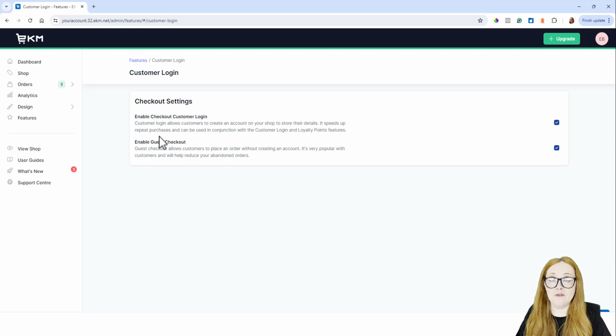Like I said before, it really encourages customer loyalty when you're using customer login, because customers can create an account on your shop. They can do things like create wish lists. If you offer loyalty points, they can build up loyalty points, get money off in the future. It's a really good way of encouraging customer loyalty. So when you've ticked your boxes on here, all you need to do is click save, and that's it. You're done. You just need to set up your next checkout step.